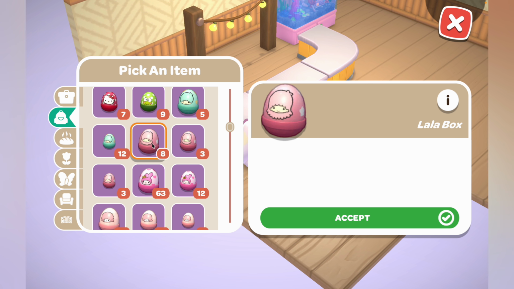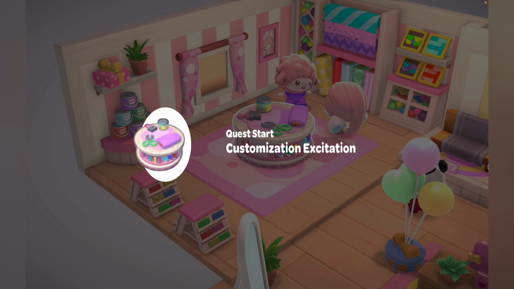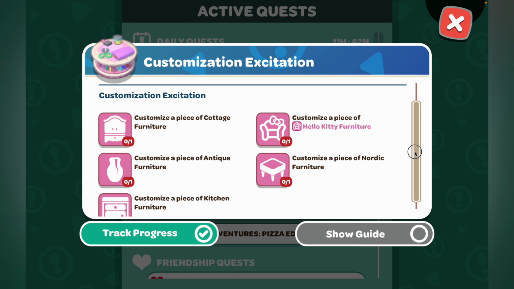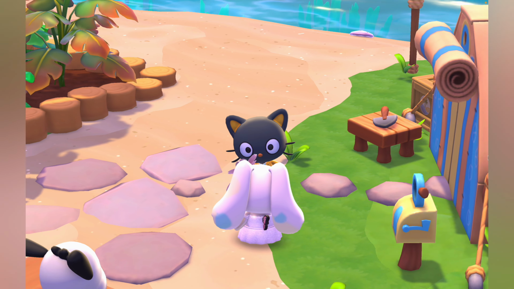After completing this quest, it will unlock another one called Customization Excitation, where you will need to customize a variety of different furniture types. After finishing customizing those, you will be awarded with another furniture customizer. Woohoo! And to get your own crafting bench to put in cabins, go talk to Chococat to do a quest